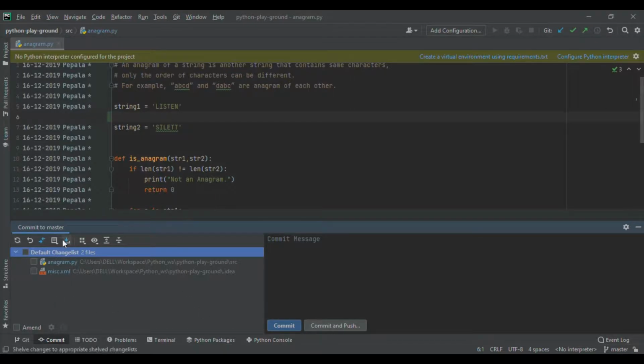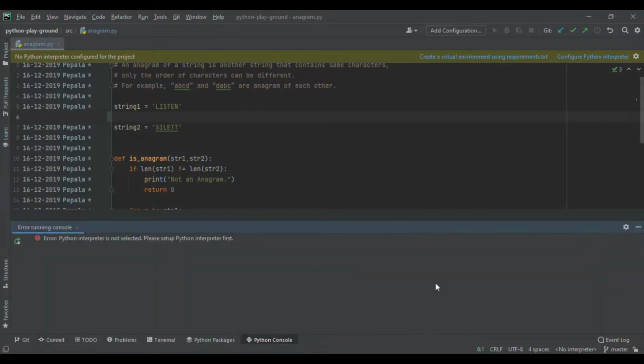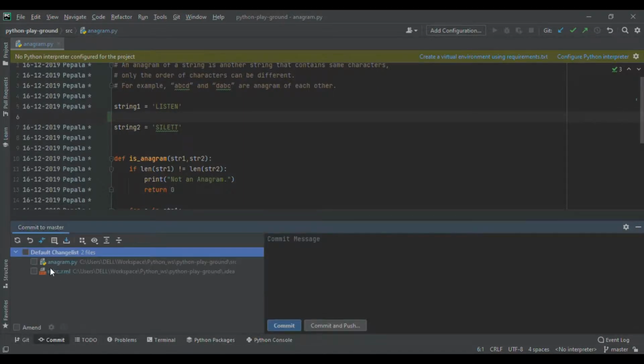This is one panel where you can dock your tools. This Git commit is a tool, and you can see I have two files changed. I will show you in a separate video how the commit and how things work.